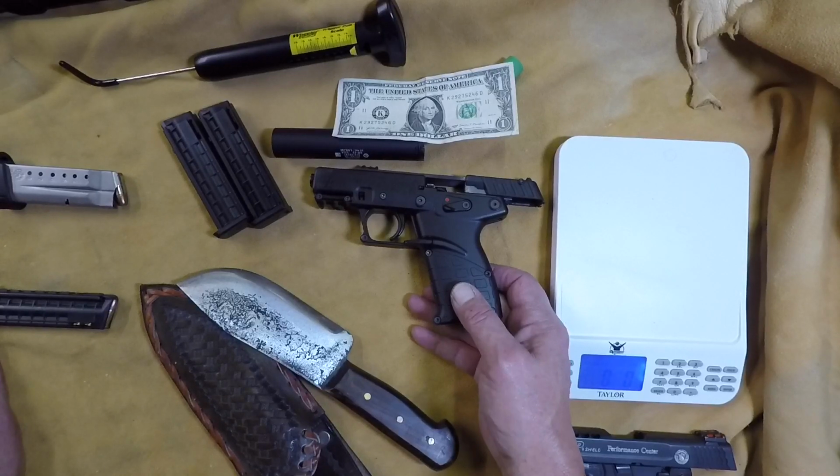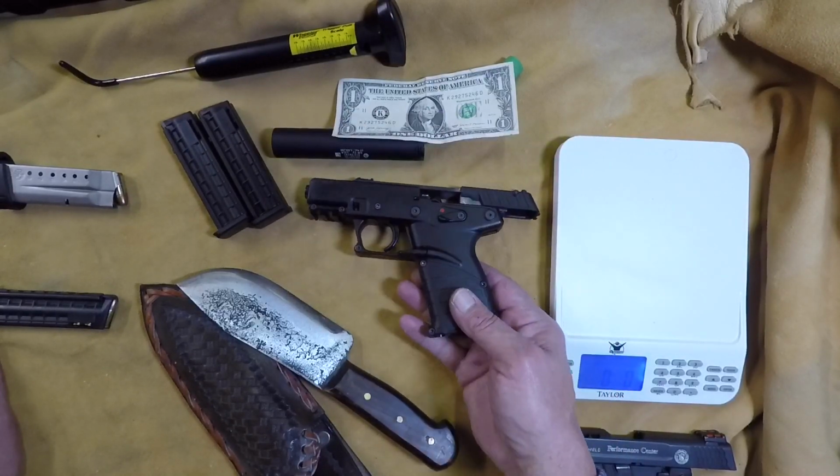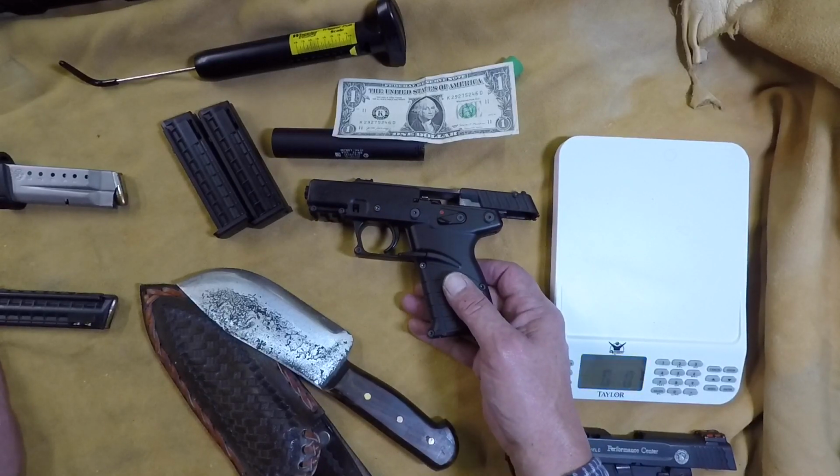And you know what? She's been carrying this thing all the time in her purse. Not this one, she has her own. But anyway, just to